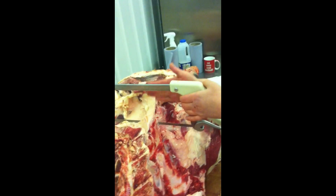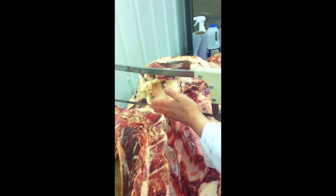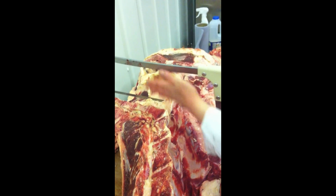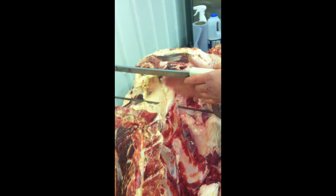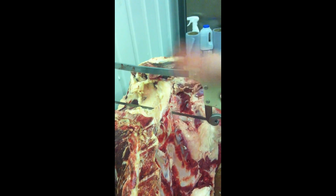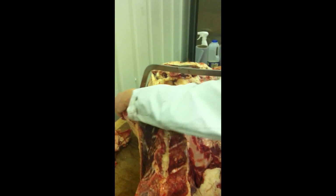If I cut it too far this way, then I'm leaving the rump steak staying on here, and most of the end of all these pieces, like the top side, which is here, and the silver side underneath, most of the ends come off. They're separate muscles. Again, we'll see when we get into it. They're all sort of separate, so all of that has to come off. So again, you're putting rump steak into the burgers and sausages. So it's not an exact science, but